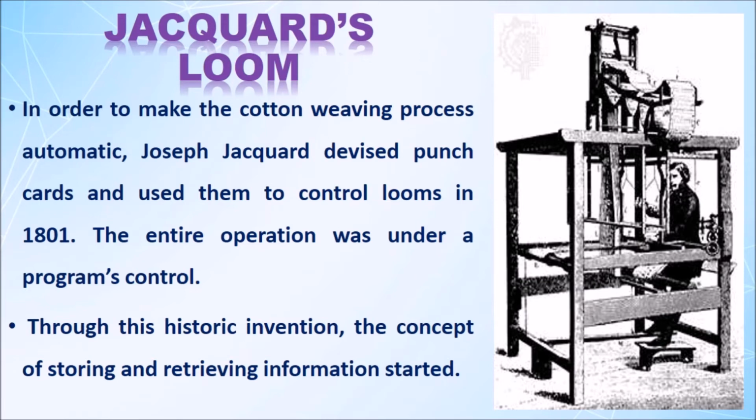Now here you can see the image of Jacquard loom, and at the top of the machine is a stack of punch cards that was being fed into the loom to control the weaving pattern. And this method of automatically issuing machine instructions was employed by computers well into the 20th century.